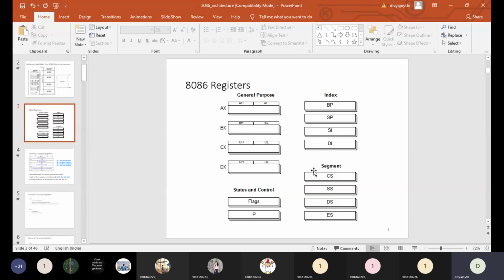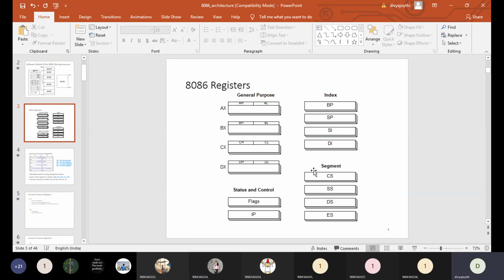And what does the code segment contain? Code. Programs. Very good. There is a space for programs and the starting address of that space is stored by the code segment register. And in a similar way, stack segment register will store the starting address of the stack segment. Now, did you get what is the difference between code segment and code segment register?